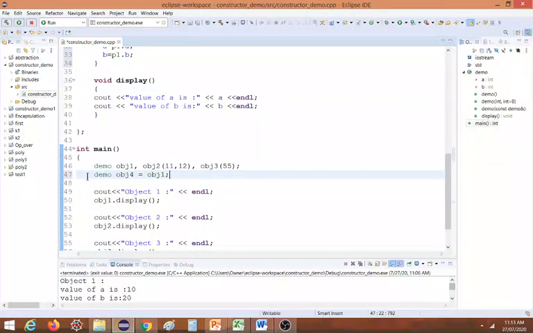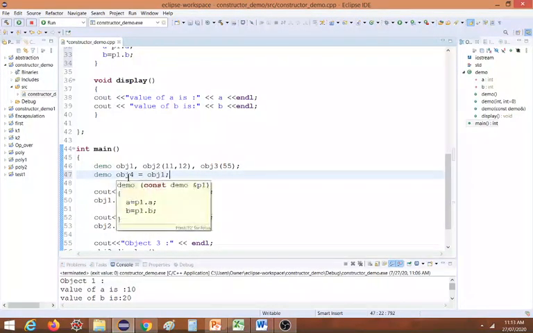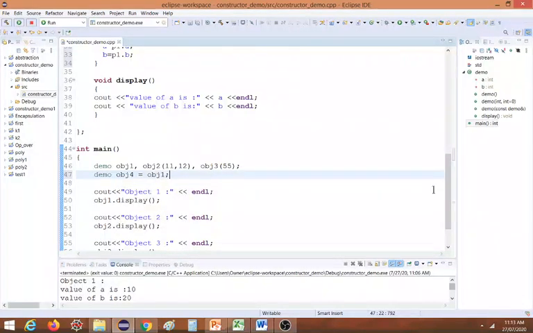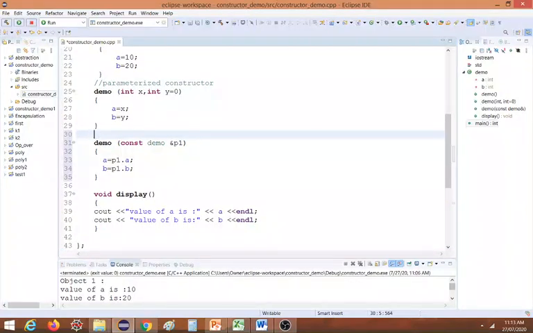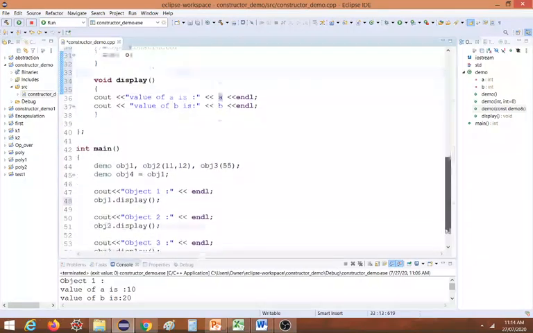When I declare object 4 and say it is equal to object 1, object 1 will be passed to this constructor, the third type, the copy constructor. Object 1's values will be copied to p1, and whatever values object 1 has will get copied to object 4.